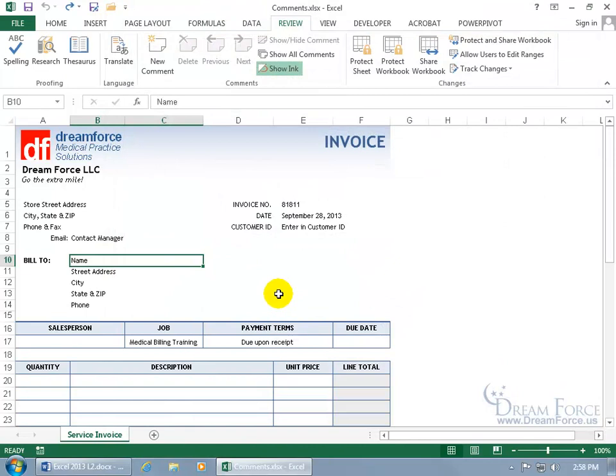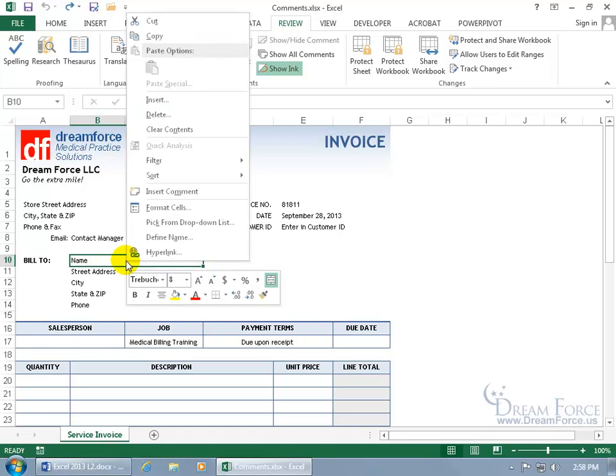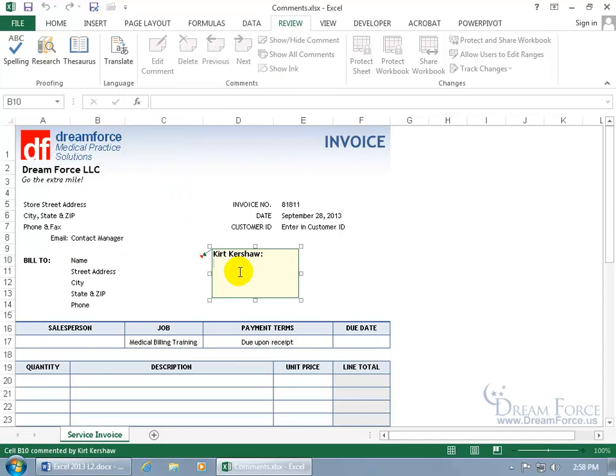So when you add a comment, like I said, select the cell, come up here on the Review tab, click on New Comment, or you can right-click on the cell, and you get the Insert Comment option as well. And there you go, there's your name. So go ahead and type in a comment, and we'll say,